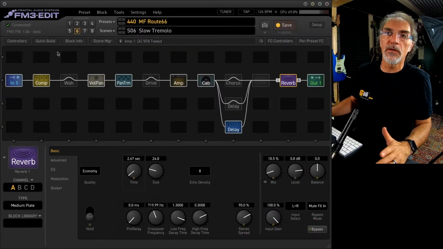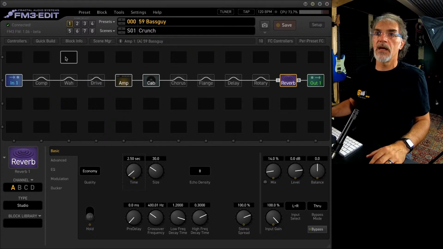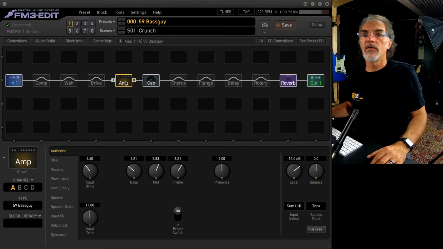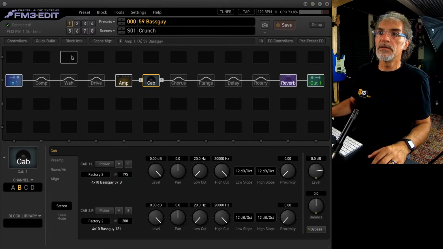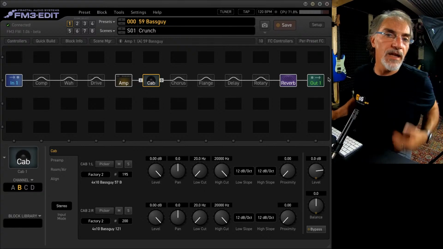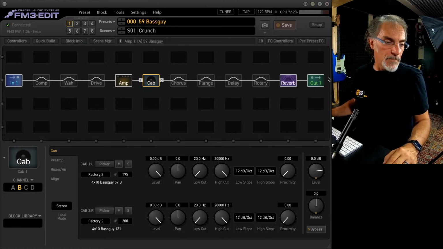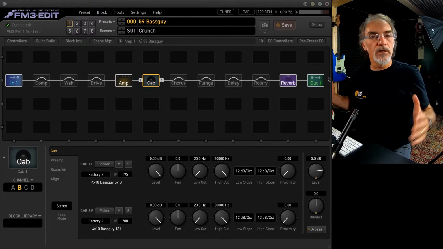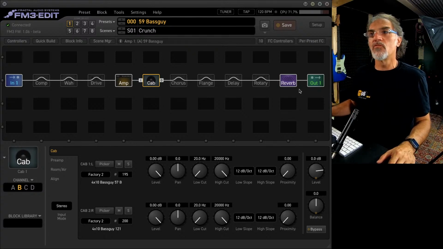rig or the presets. So let's start from, for example, preset number 0. It is the Bus Guy. Bus Guy is the name of this amp with this cabinet. The rig is quite easy. I like to say that this is the virtualization of the real world into the software, because from left to right, this is the path of the signal.